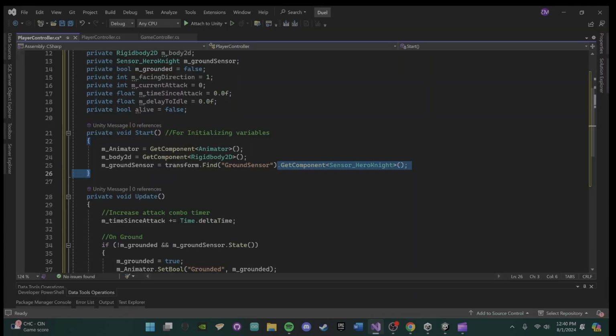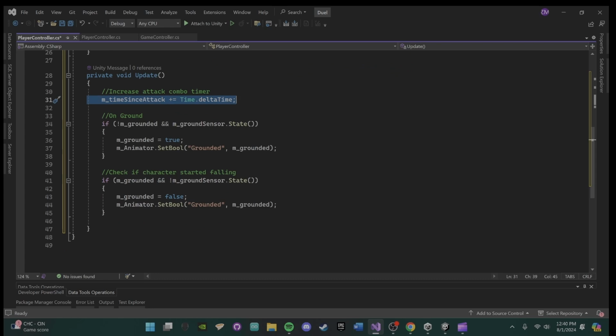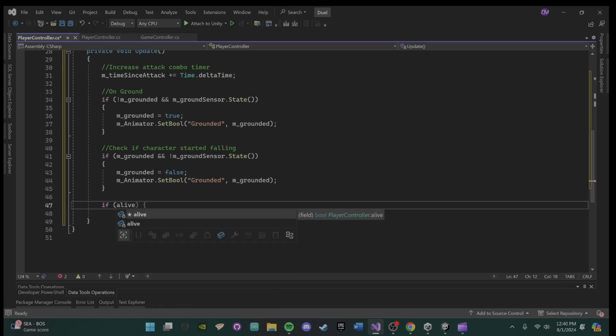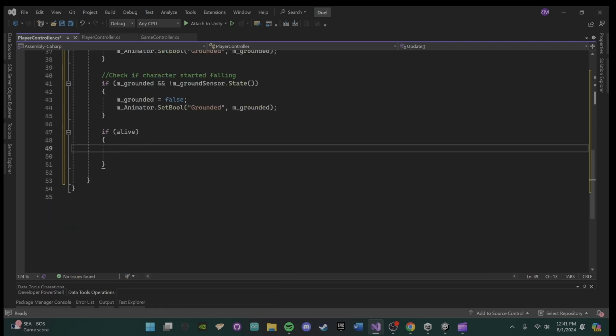All right, moving on quicker. Basically, we're just adding to the time between attacks. This is just setting the script for whether he's standing on the ground or not. Okay, now we can move on. So now we'll try to get our key bindings. So we obviously don't want to be able to control him if he's dead, right? So if alive,